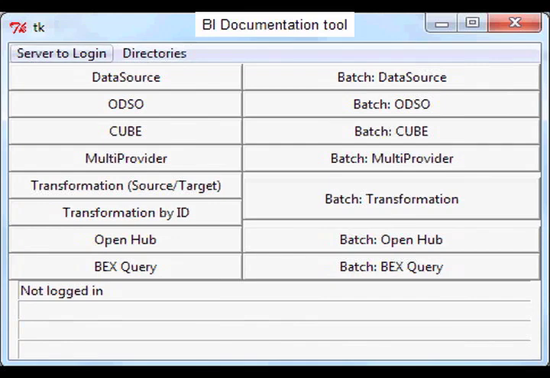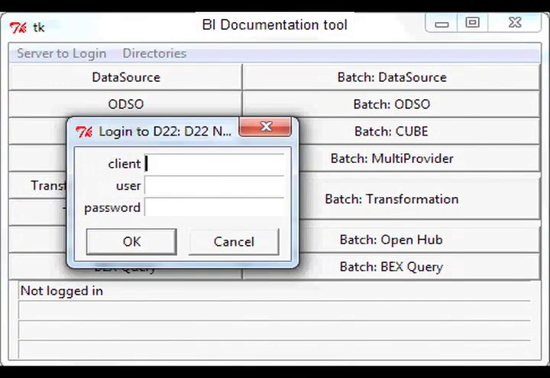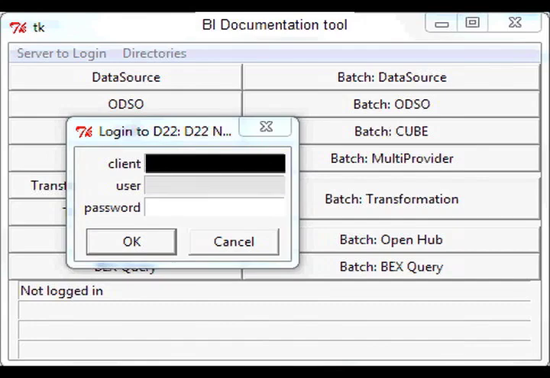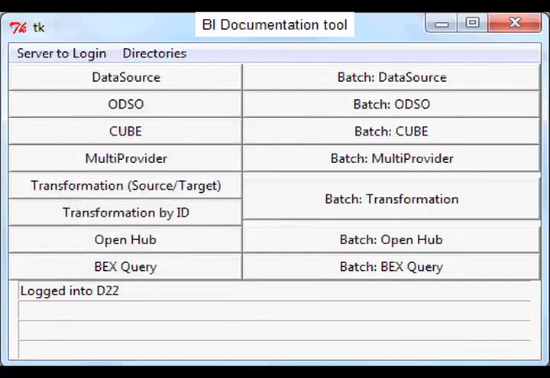First, you select the server to which you are going to log in. This is the list of servers you have in SAP Logon Pad. So you log on to the system, and it shows that you logged into a specific system, and then after that you have to choose the output